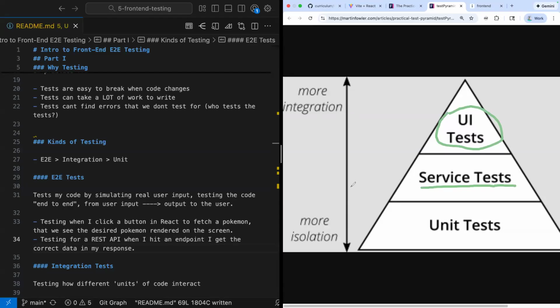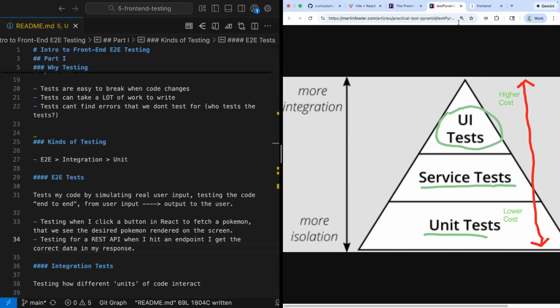Basically, unit tests are more isolated, right? But end-to-end tests are more integrated. But what also needs to be on here is time and effort. One of the nice things about unit tests is they're lower cost in terms of time and money, writing the test and maintaining the test,